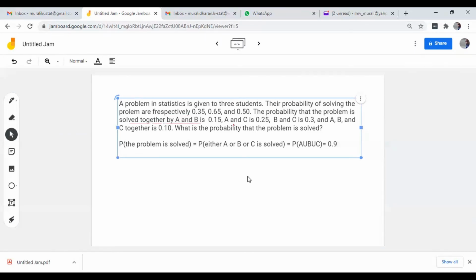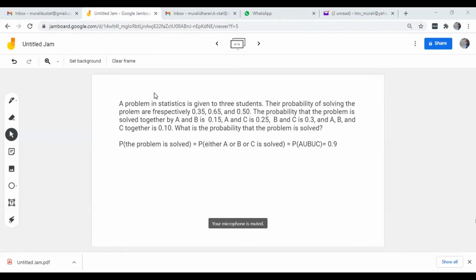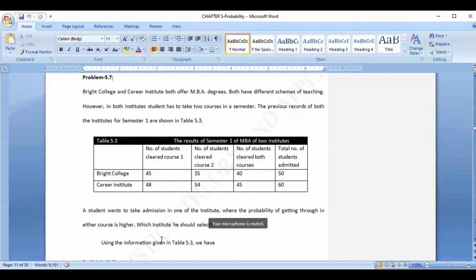Okay, let us now do another question. I'm going to show you another question. All of you should write. I'm changing this. I'm just coming out of this presentation and I will show you another. Can you see a Word file now? Word file is open for you. Yes, can see problem 5.7.